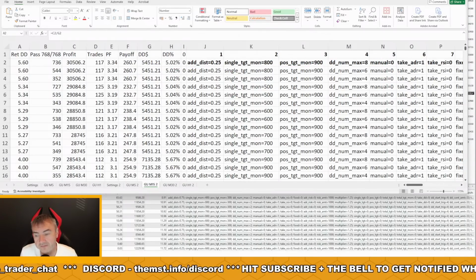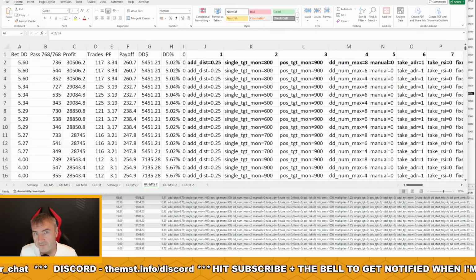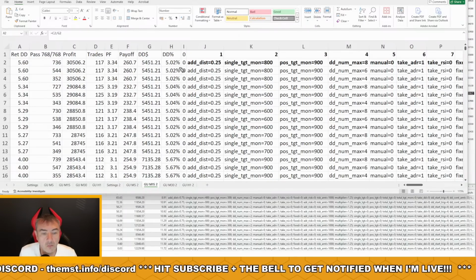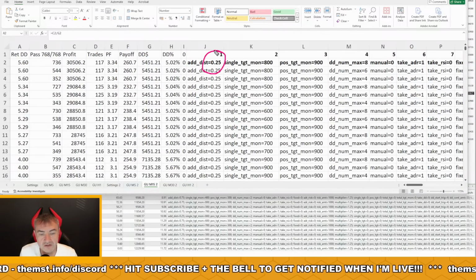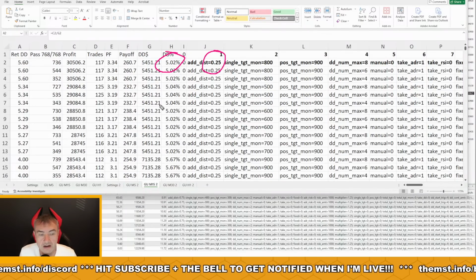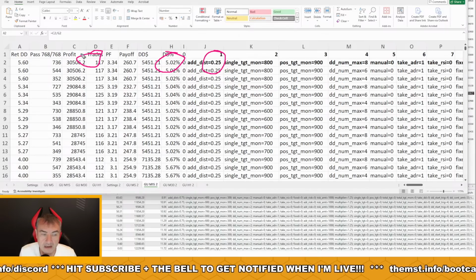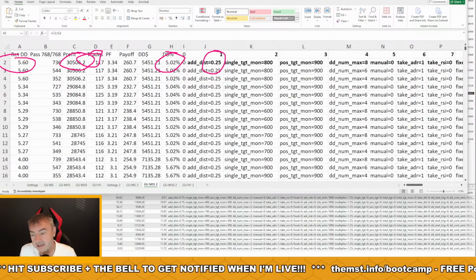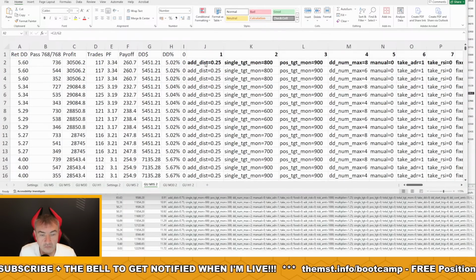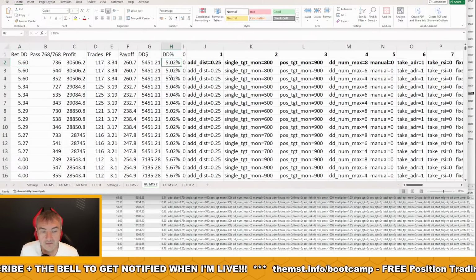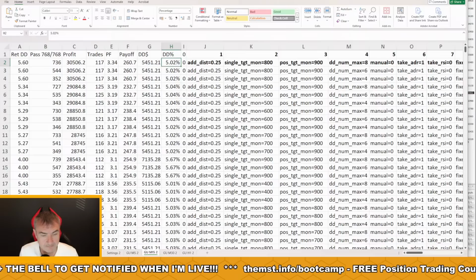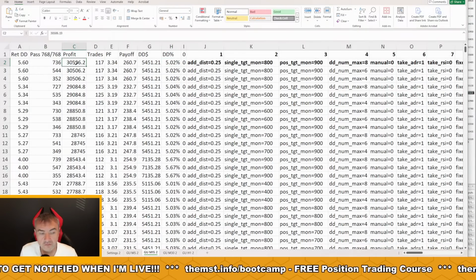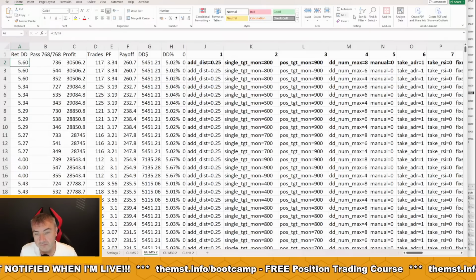Remember, we talked yesterday or the day before, I can't remember which one it was, about key performance indicators. I want to know what impact changing the ADR level has on my drawdown, the amount of trades I get into, how much profit I make, and my return on drawdown. So this spreadsheet allows you to sort the columns by drawdown, number of trades and profit, and return on drawdown. I'm just going to move this back down again. So the first thing I do is I sort it